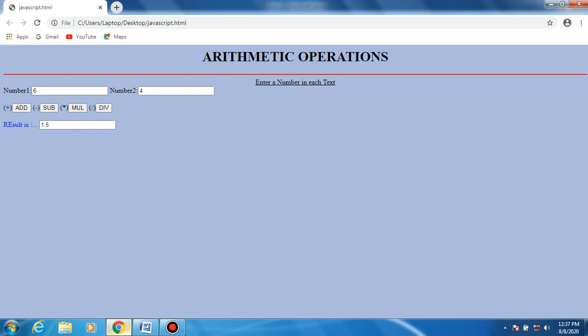Number 1 contains a text box, number 2 contains a text box. Similarly, the result also contains a text box. But add, subtract, multiplication and division give us buttons, right? When you click that button, we will get the output.